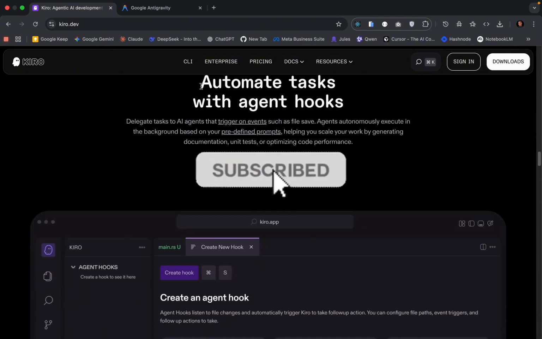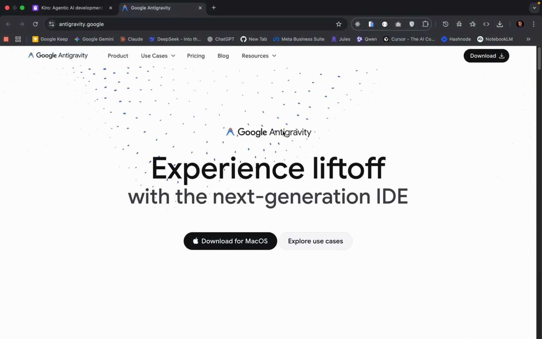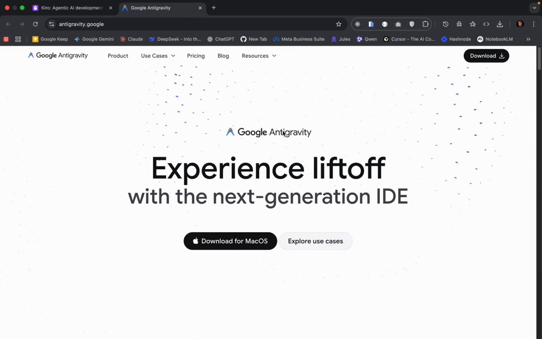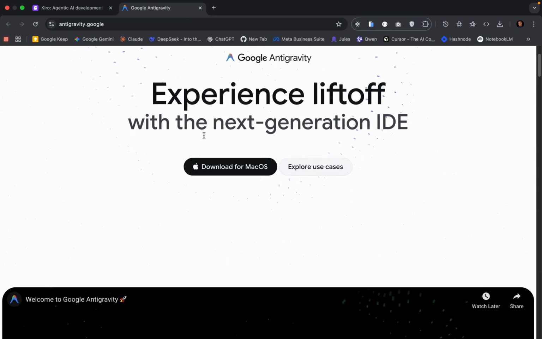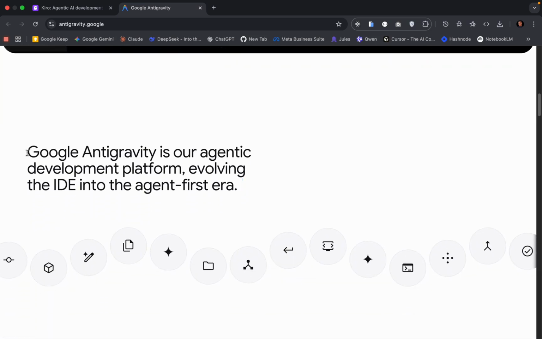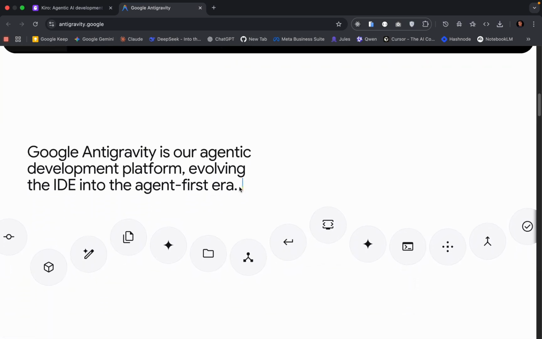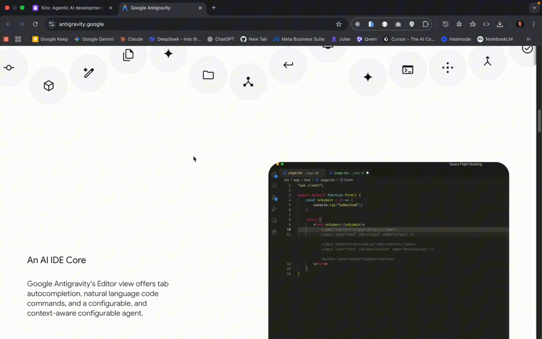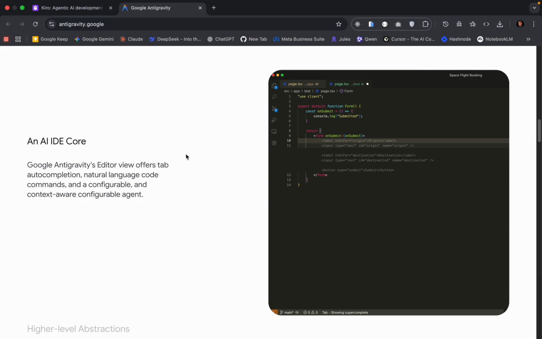Now the second IDE is Google Antigravity. I have heard a lot about this IDE. It was built by the Google team and it's also really great, but I have not used it much. That is one of the reasons I'm comparing them in this video, so that we can look into it together